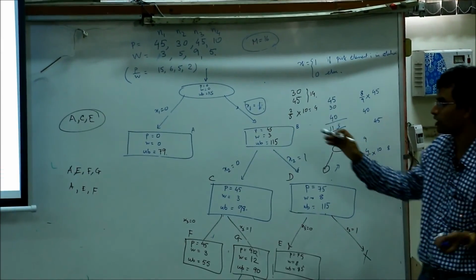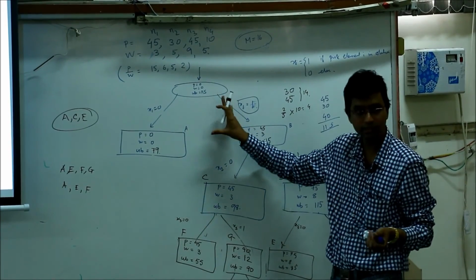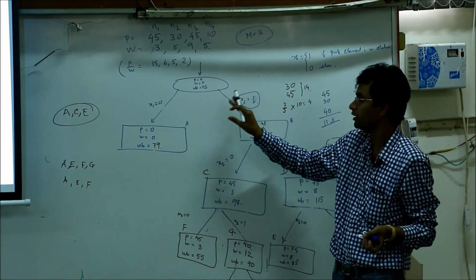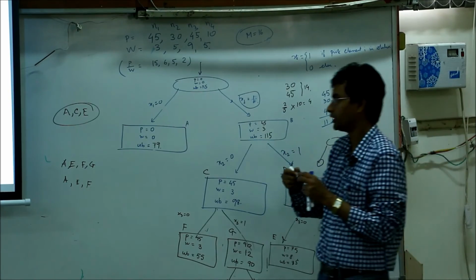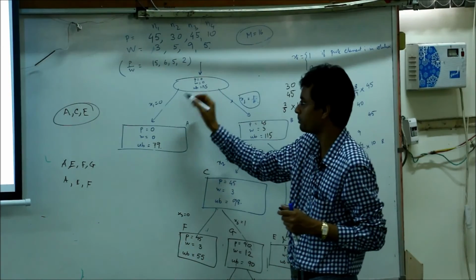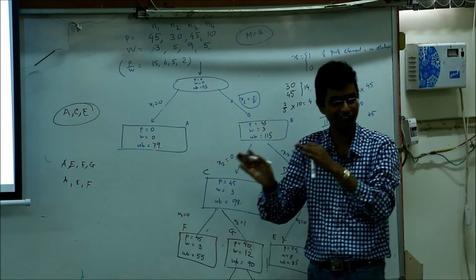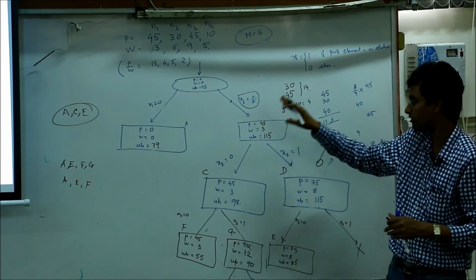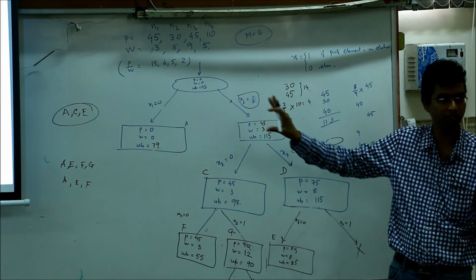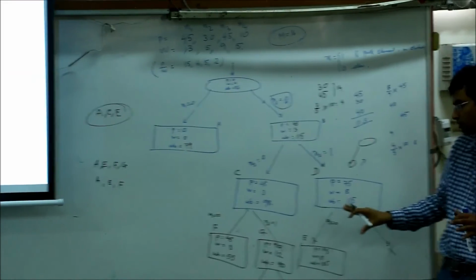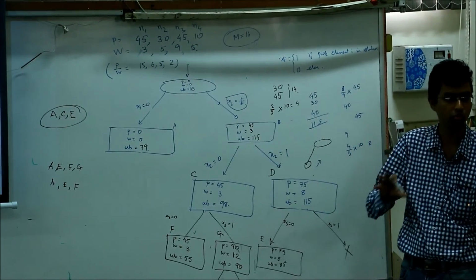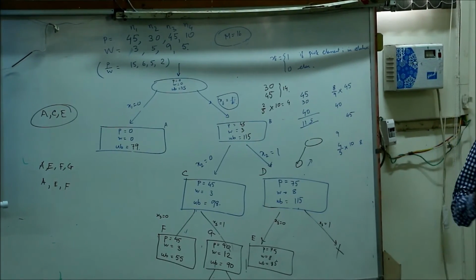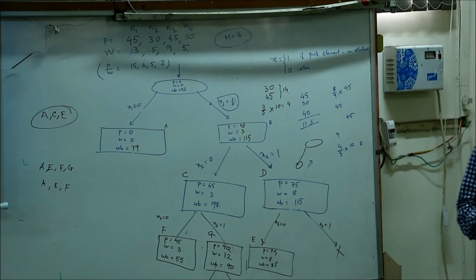So the idea is that we have not explored all of the tree. That's the one idea. The second idea is there is no particular pattern that we always traverse the left first or the right first. We hop around from one node to another node arbitrarily based on the upper bound values. And whenever the value which we get is more than the upper bound values at every node, there we stop. We know that that's the optimum solution.